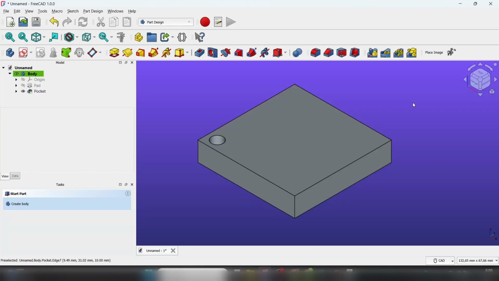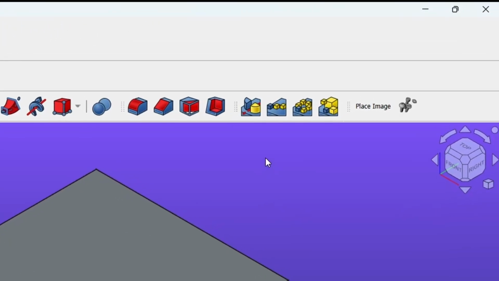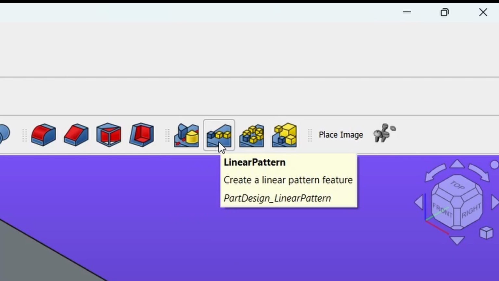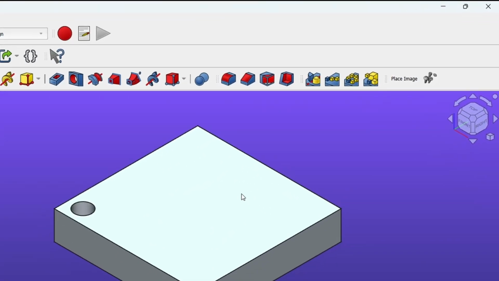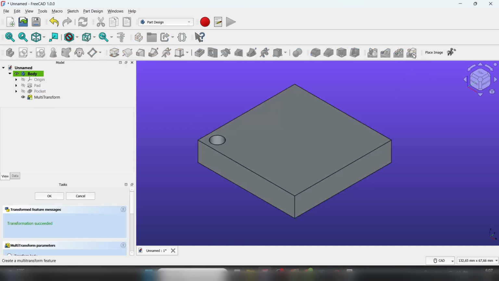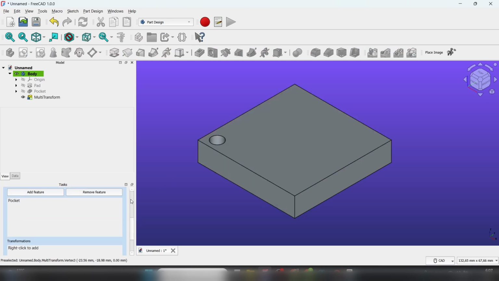Hi everybody, in today's tutorial I'll show you how to use the multi-transform tool to make the linear pattern in two directions. To do this, select your last feature, like this pocket, click multi-transform, scroll down,